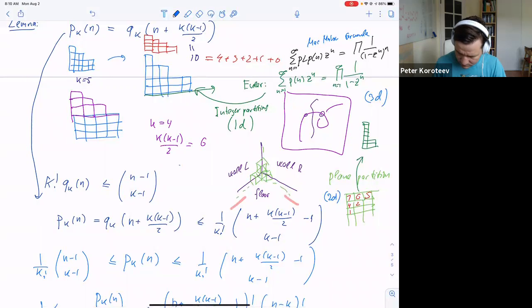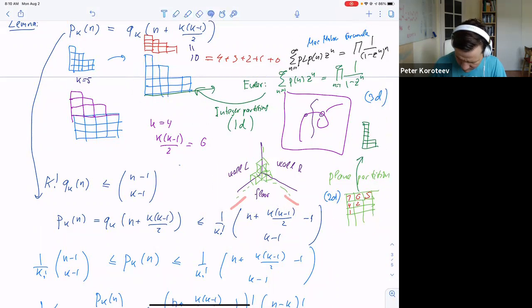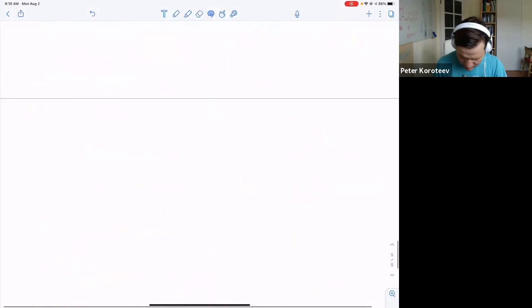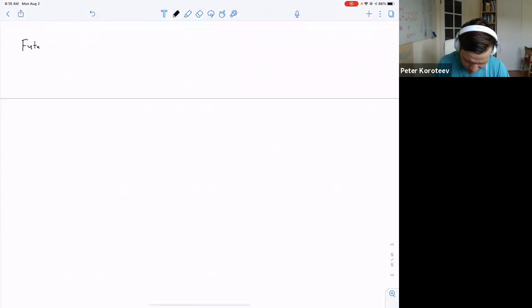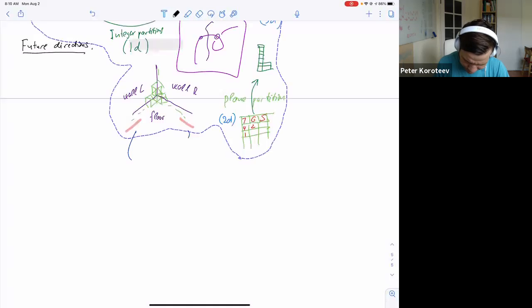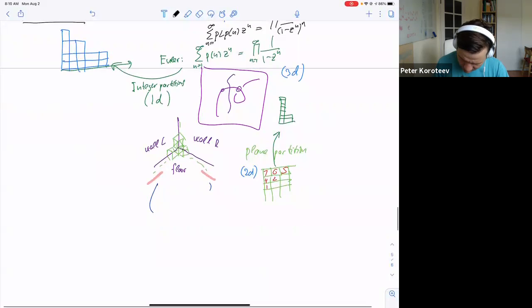So why am I writing this so small here? Let me copy it. Yeah. Since I started talking about it, so this will be kind of future directions. Yeah, so this is a